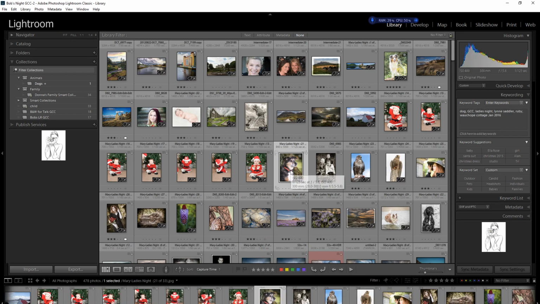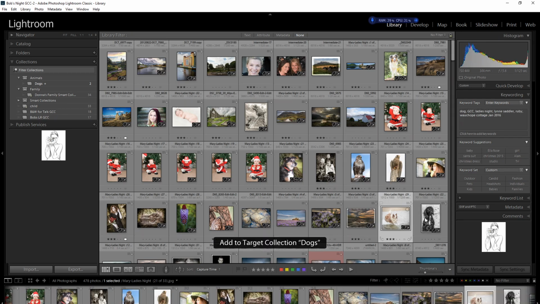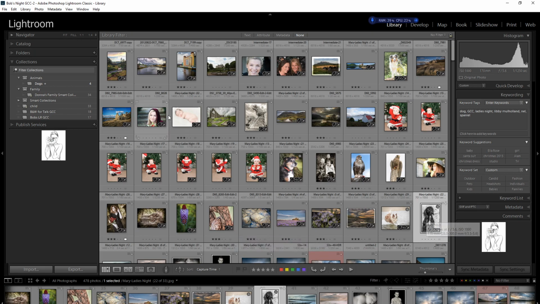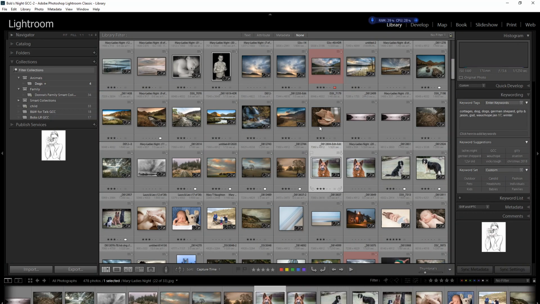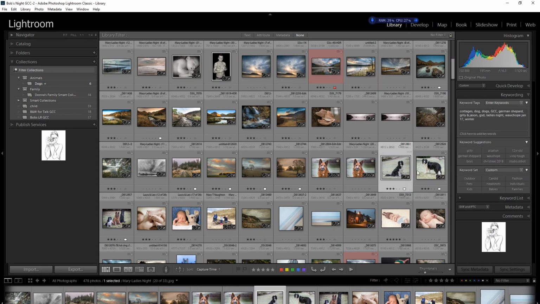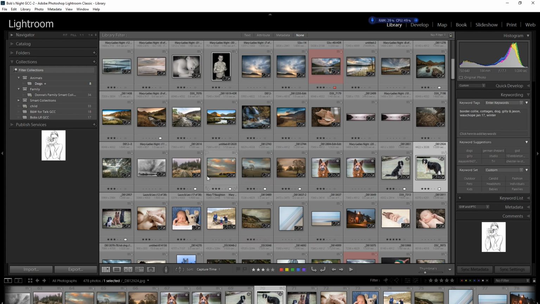And you can just carry on going down and choosing the images of your dogs and put them in there. It's as easy as that. So those images of the dogs, they remain in the folder, and these are just virtuals. It's a virtual collection. It's just a collection of all the dogs that I have in here. Rather than having to go through the whole catalogue and select all of the images of the dogs to put them into that collection,